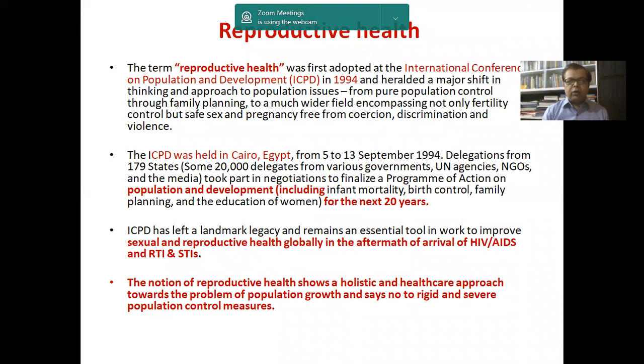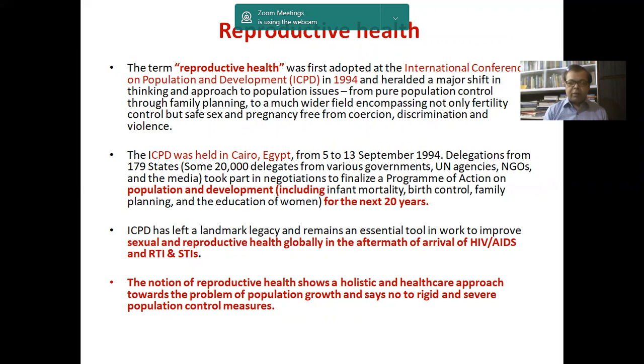So how do we define reproductive health? Or where is the concept of reproductive health coming from? For that, we need to go to the decade of the 1990s. The term reproductive health was first adopted at the International Conference on Population and Development in 1994. This conference was held in Cairo, Egypt, from 5th to 13th of September